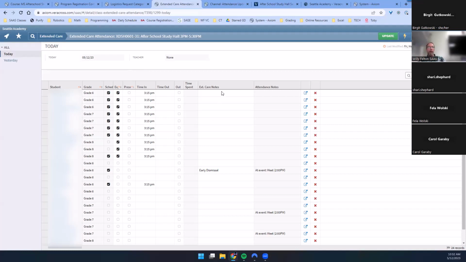I don't monitor it. The attendance notes comes from the daily attendance. And for those of you that monitor these things, the attendance notes has been updated so that SLRs and early dismissals don't overwrite each other. So that's really nice. The attendance notes have gotten really good. These extended care notes, our manager might put something in there like kid's going to be 10 minutes late. This I just tell them is a communication channel for them to talk to the supervisor, who's just on a